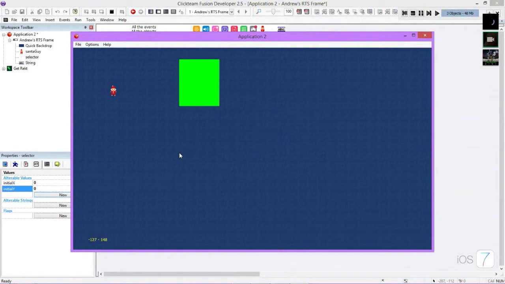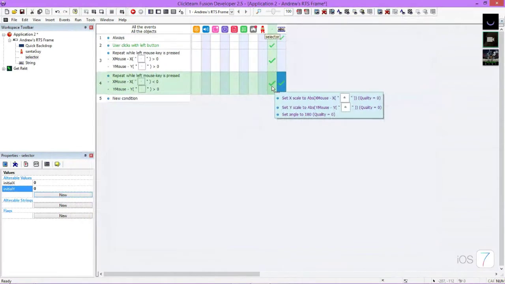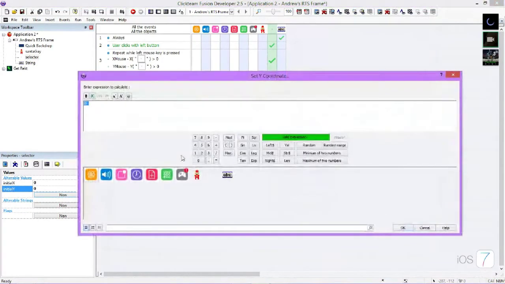The reason it does that is because I've rotated the object 180 degrees, but it's still scaling on the same dimensions. So what I need to do is reposition this top right corner to match the origin x position, which we should be able to do with just a smidgen of math. So we're going to set the y coordinate to